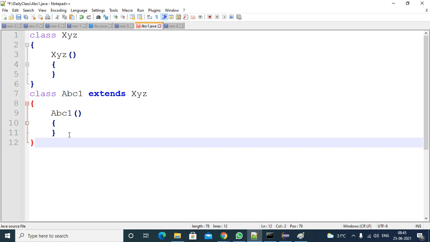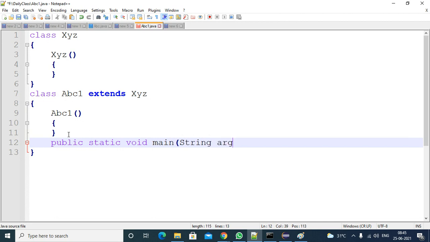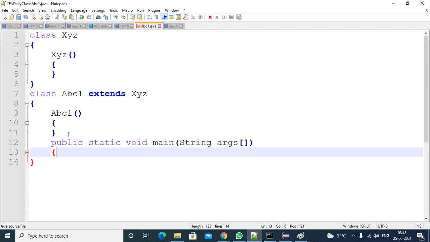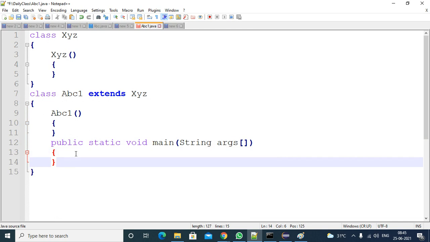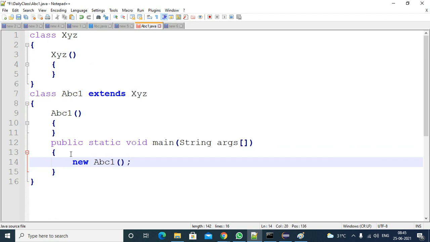I am adding the main method also. Let's see. If I call ABC1, what is the output?